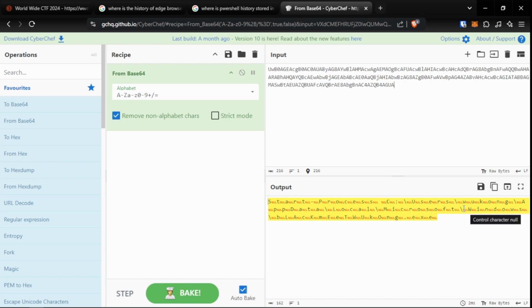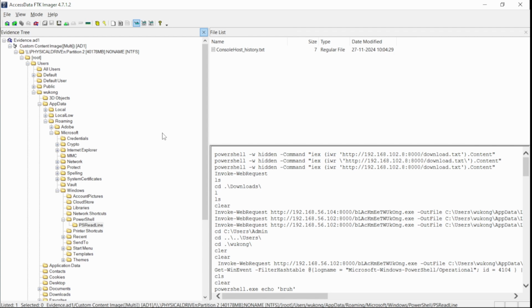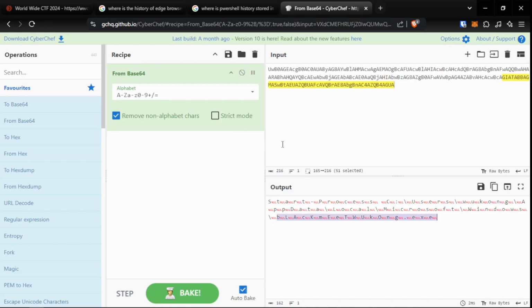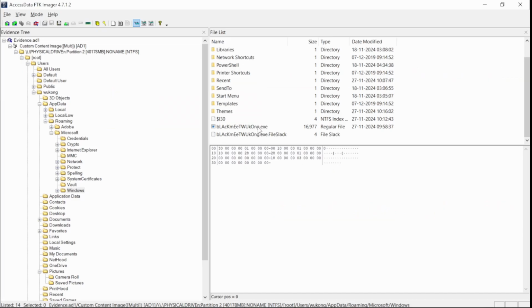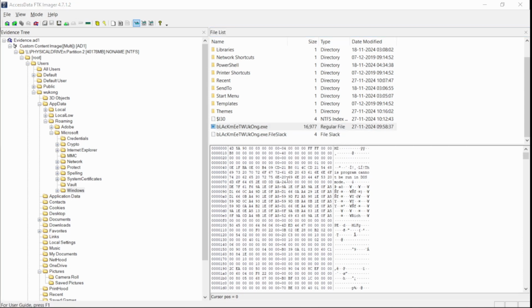Okay, there's a lot more: Windows, Black Myth, Wukong. So this should be the exact same thing that we've done previously. If we go back to Windows, we see that this is the same file path that is being referenced in here. So once you extract this file, the exe file,